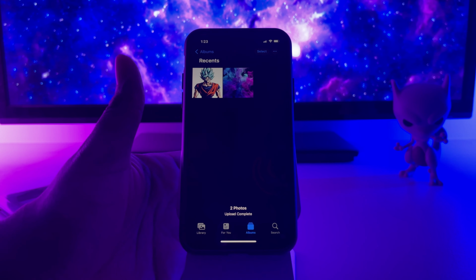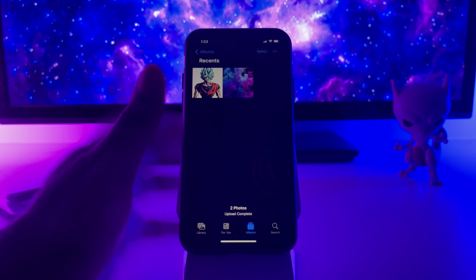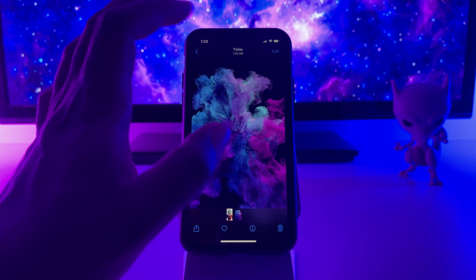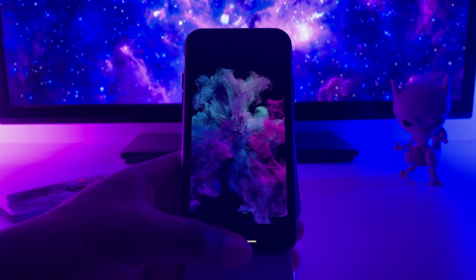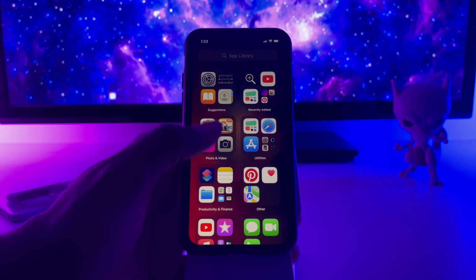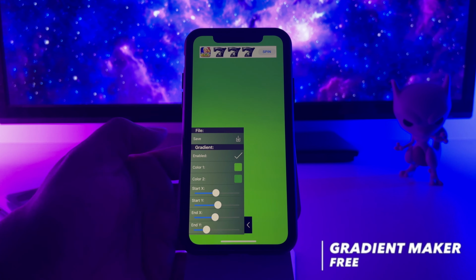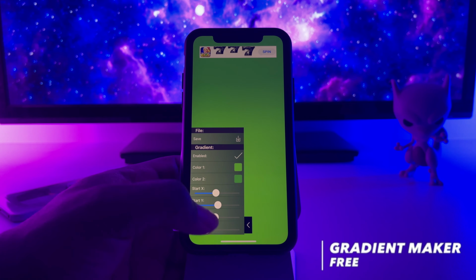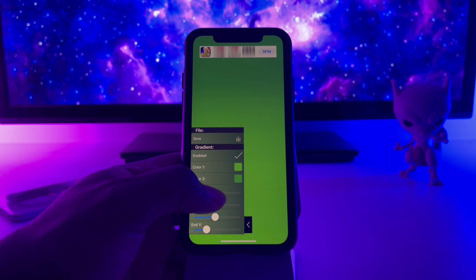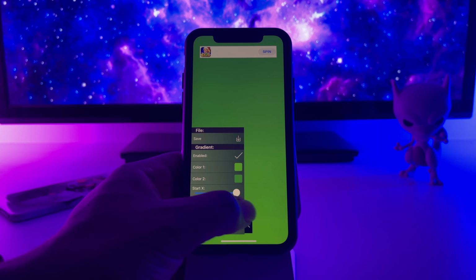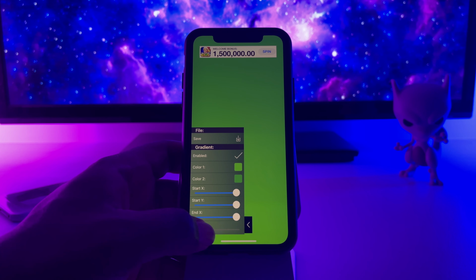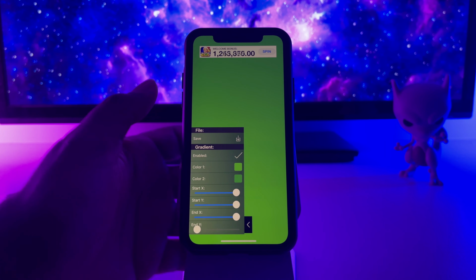Next thing we're going to do, we're going to go over to Gradient Maker to make our wallpaper. But first, we're going to just select this photo, and we're going to use it as reference. So we're going to go over to Gradient Maker. Here it is. And before we do anything, we're going to change these sliders. We're going to change the top 3 all the way to the right, and the last one all the way to the left. And for this color 1,